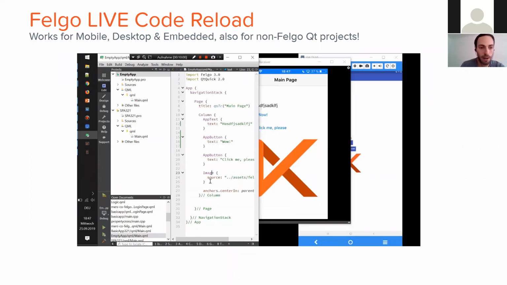And whenever any of these source code files changes, a new version is deployed to all the connected clients. And the second application window that's open is the Felgo code reloading client for the desktop platform that you're currently running on. And as you can see here in this video, whenever you change anything in code and then